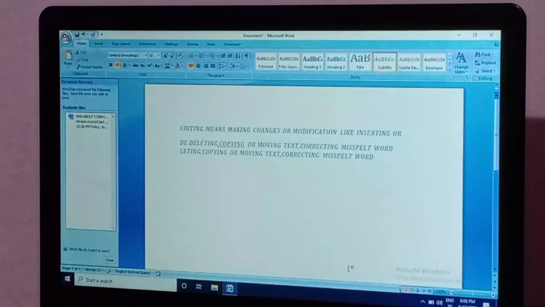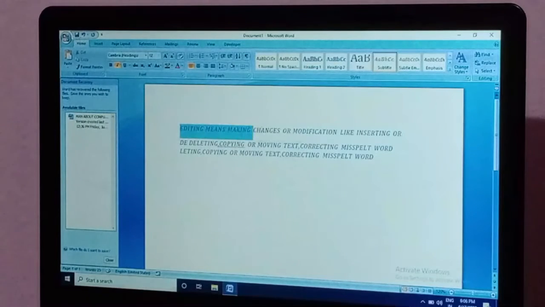Again, if you want this sentence present here, you just click the paste option. You could click Control Z, but I am not using Control Z because I have already used the cut option.